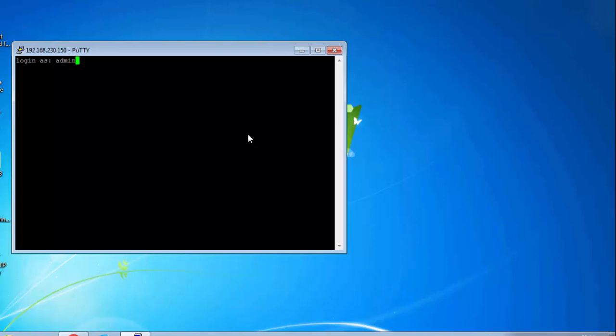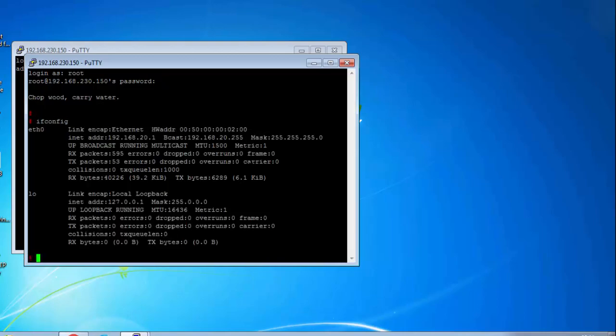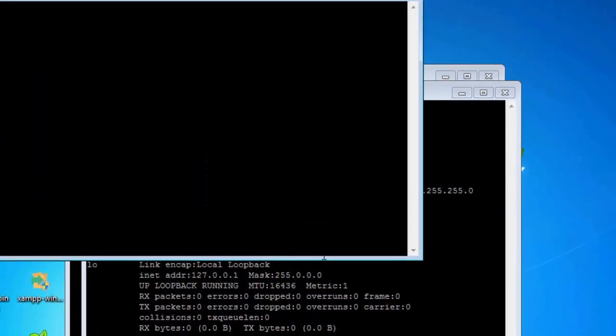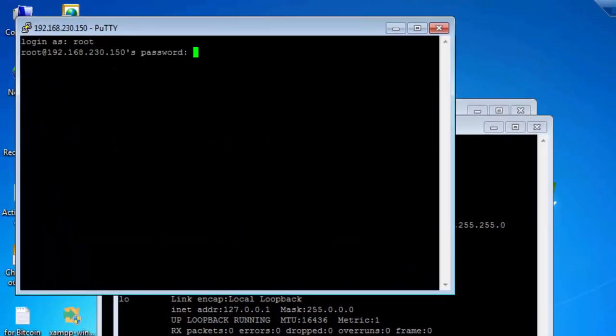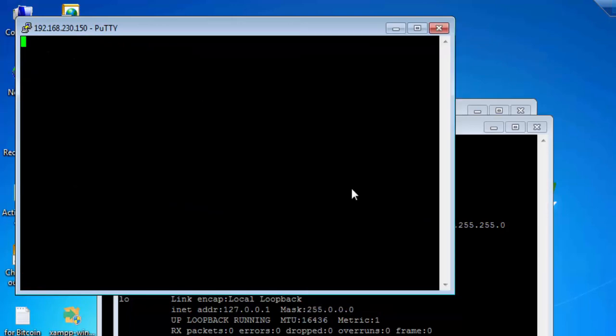I will create a duplicate session and enter the password. If you see the config interface, it went to server node 2, server 2. Similarly, we can create a duplicate session and see which web server it went to. It went to 30.1. So we can create multiple duplicate sessions here.